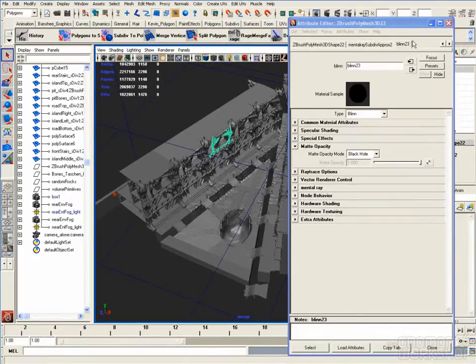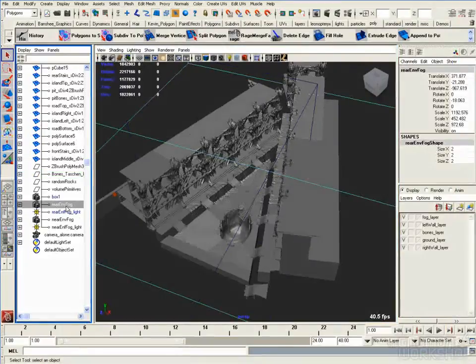This object there, blend 23, black hole. That object there, blend 16, black hole. So for all of the shaders in my scene, as you can see, I've set the matte opacity to black hole. So with all of the objects in my scene set to black hole, with my fog set